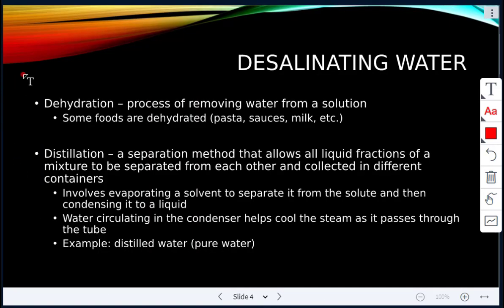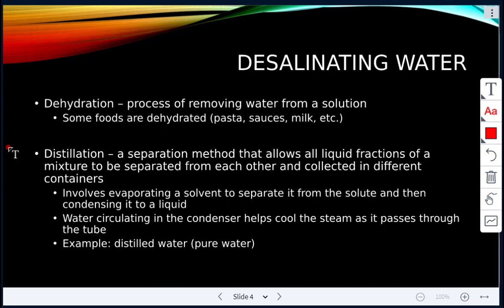We're going to look at distillation in just a moment. Dehydration is a process of removing water from a solution. For example, dehydrated foods like some pastas and sauces and some milks, those foods have been dehydrated by removing water from the solution. Next we're going to look at distillation, which is a separation method that allows all